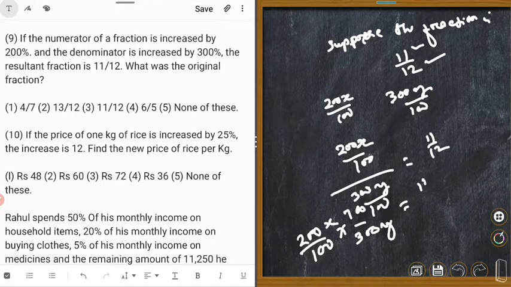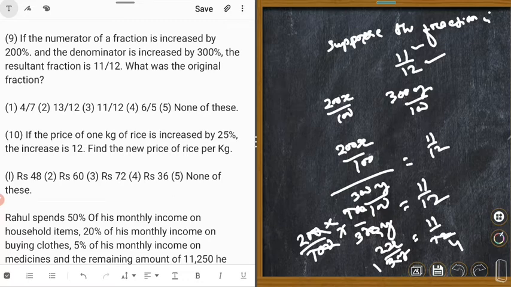Is equal to 11 upon 12, right? 100 cancel, 00 cancel. So this is 2x upon 3y is equal to 11 upon 12, right? 3 1 the 3, 4 the, right? So is equal to